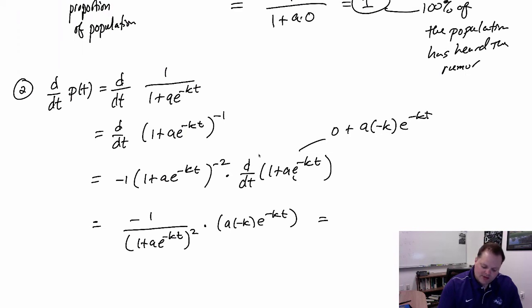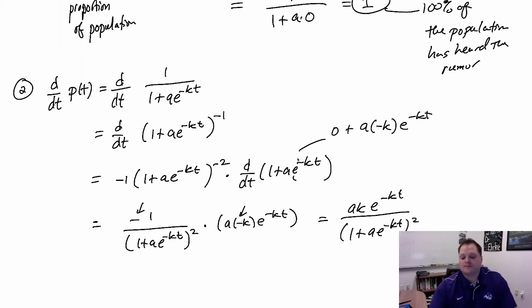Or when you simplify, there's a negative here and a negative here. So negative times a negative will make a positive, and you'll end up with ak e to the negative kt on top, and 1 plus a e to the minus kt